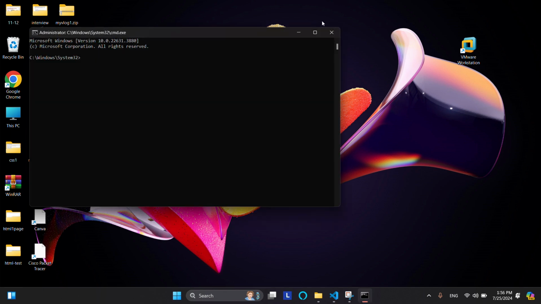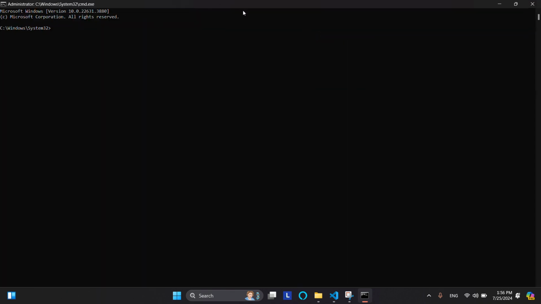Then yes, and I will use two commands, and then the file system error will be sorted out, and I can fix the file system error. At first I have to type